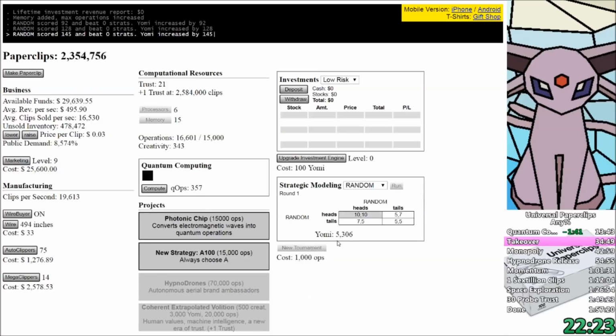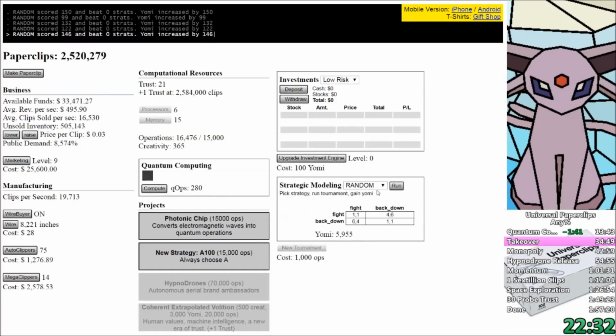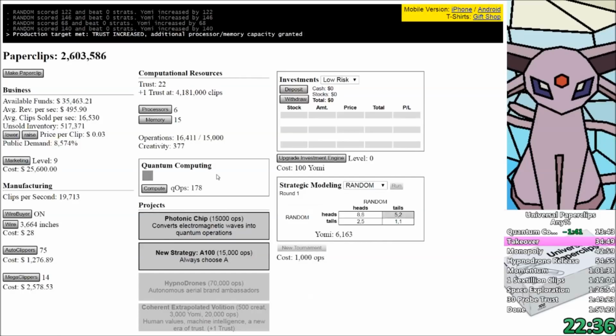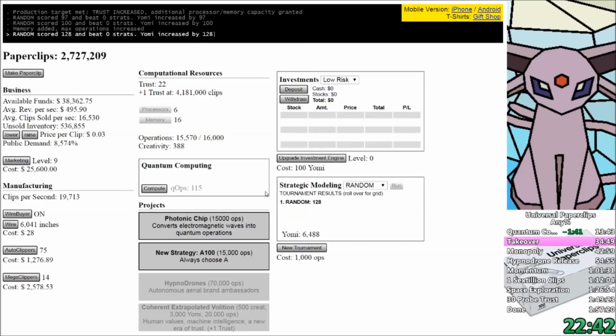So here you can see one technique to make Yomi and creativity at the same time, which is to use quantum computing to always be above the operations cap while making the Yomi tournaments. Now, it's also worth pointing out that I can research a strategy, A100, which increases the length of the Yomi tournaments, and it also increases the Yomi gains, but it actually doesn't pay off